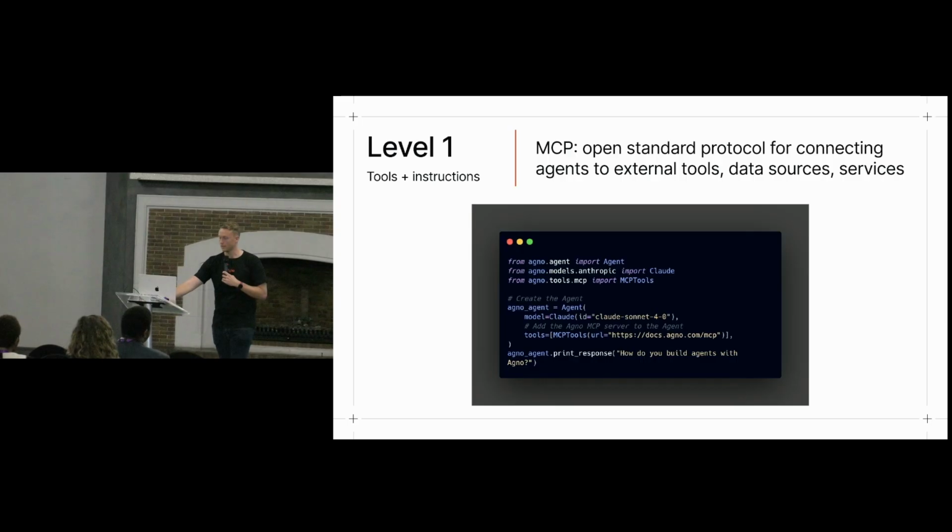All right, here's a slightly more advanced example. Probably some of you have heard of MCP. It is a standard protocol for defining tools out on the internet. It's a way for allowing agents to access tools in a standardized way and for companies to publish tools in a standardized way. So in this case, we have an MCP tool server pointing at our documentation, and we can then ask the agent questions about our documentation, like how to build agents in Agno. And it can then use that tool, search the docs, answer questions.